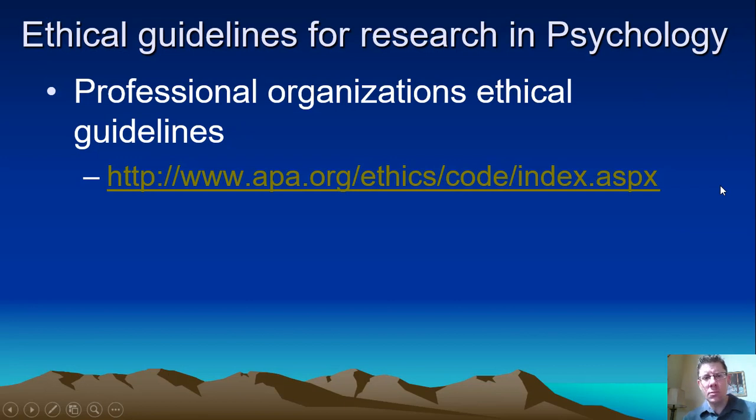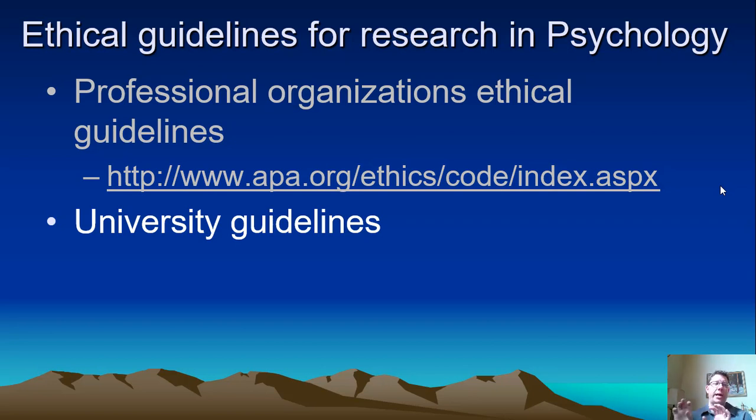And I don't know if they do this anymore, but the APA specifically has one publication called the APA Monitor, and in their end of the year issue, they used to publish the names and the reasons for psychologists who had violated ethical guidelines during that year. Whether it was related to therapy or retractions related to publications because of fake data or problems with data or whatever. So it's kind of like a public shaming.